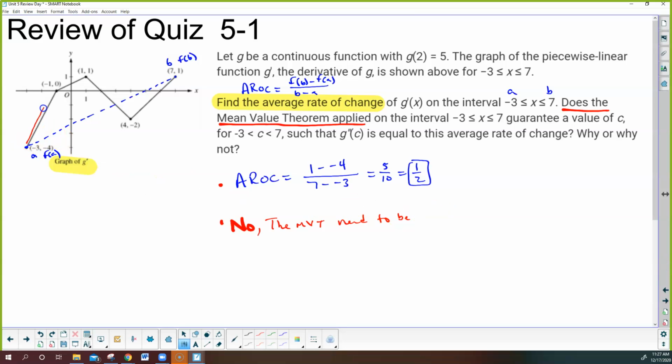Now notice, this is continuous. So it's continuous, and that's okay, but it has to be differentiable. And if you look at those three spots, we have corners. When there's a corner that occurs, that means this graph is non-differentiable at these corners. And all you need to state is no, the mean value theorem needs to be differentiable